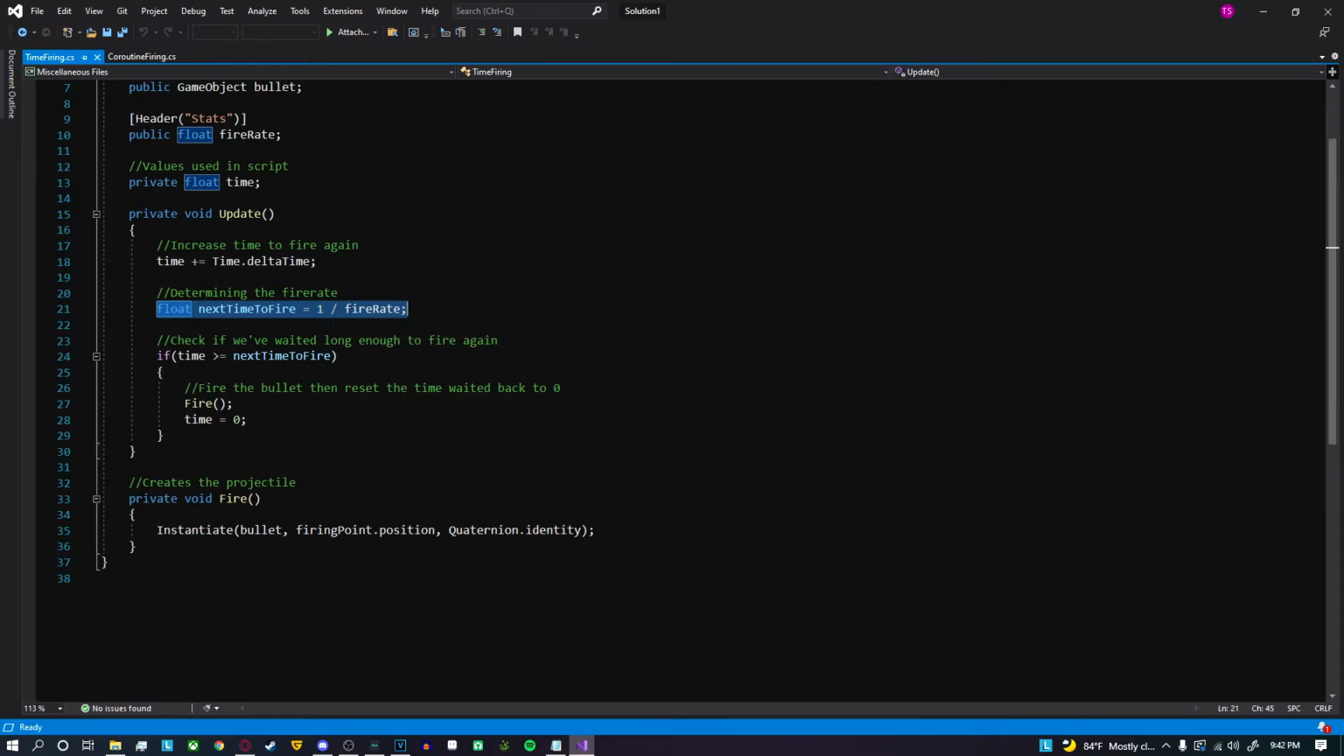And then we're going to check to see if we've waited long enough. So if the time we've waited is greater than or equal to the amount of time we needed to wait, then we're going to call the fire method, which creates the bullet. And we set the time we've waited back to 0 so we don't infinitely fire again and we have to